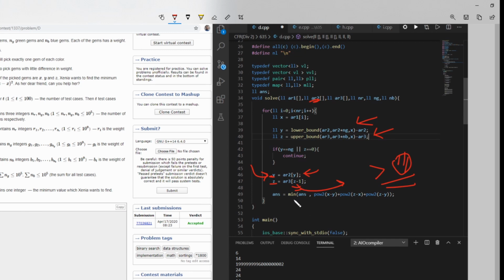And as I earlier said, I have to make the value minimum. So what I will eventually do is have the minimum value by having x minus y whole square, y minus z whole square, and z minus x whole square. So you will say, Aryan, what is this? Okay, I will show you.